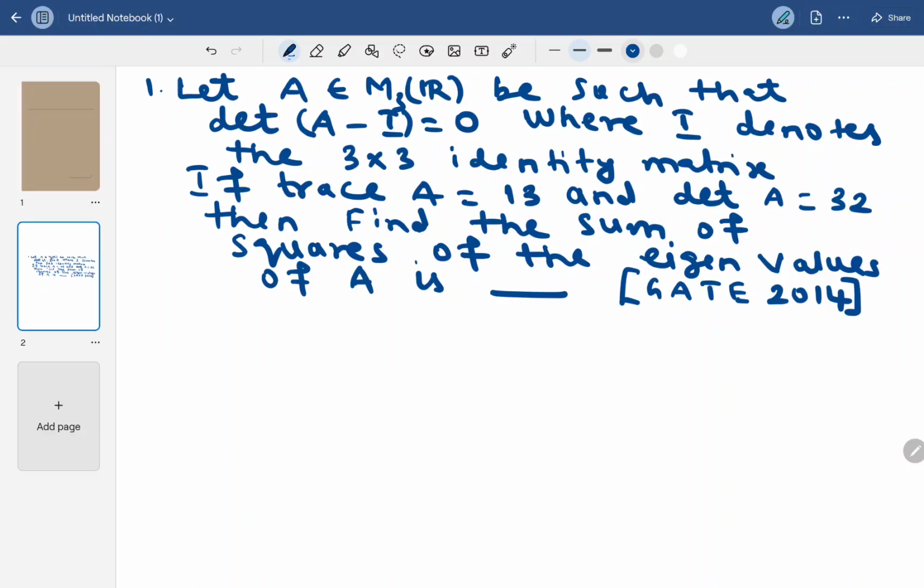Actually, it is given A, which is a 3 cross 3 matrix, such that one of the conditions is determinant of A minus I equals 0, where I is the 3 cross 3 identity matrix. Additional information for this problem is trace A is 13 and determinant A is 32. We have to find the sum of squares of eigenvalues of A. Solution: